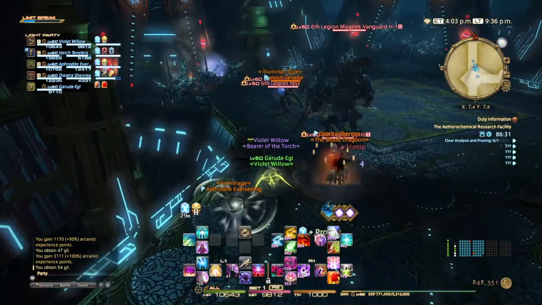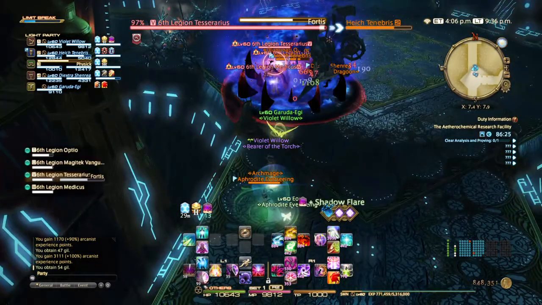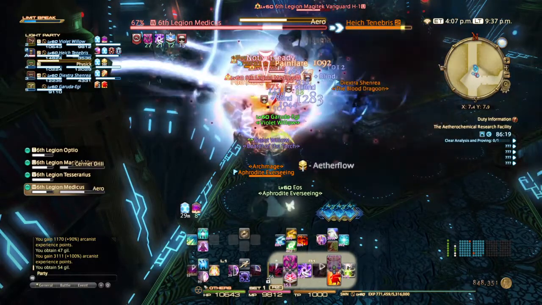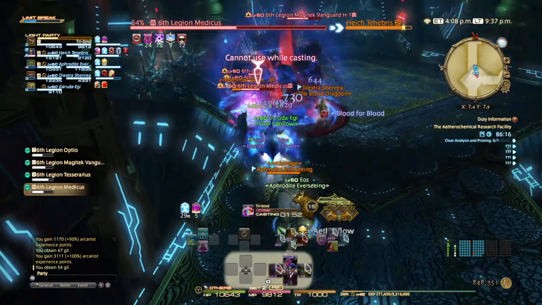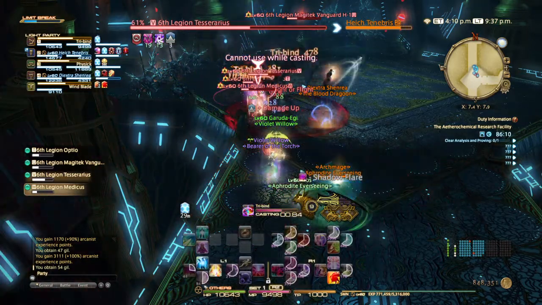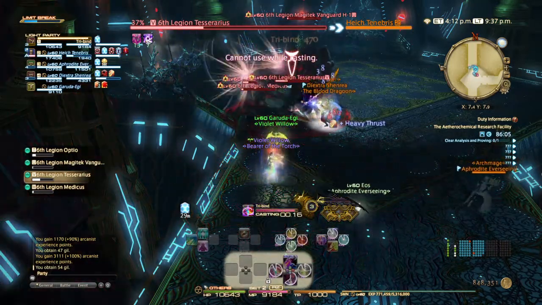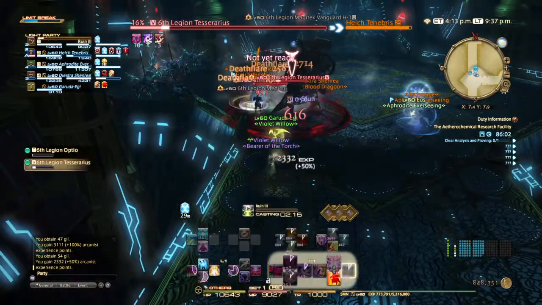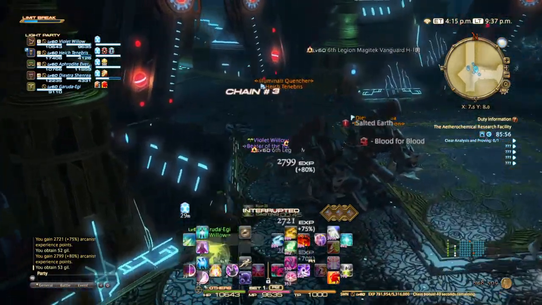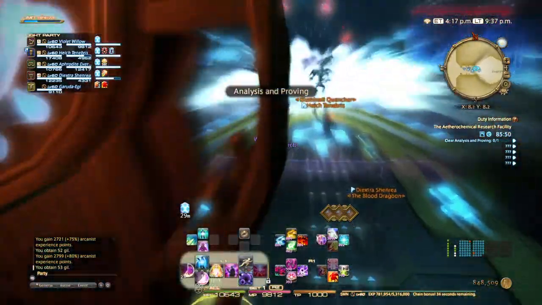This is going to be the last pull for this first section of the dungeon. Once the tank establishes hate, I usually like to go after the Medicus first, because the Medicus is, in fact, a healer. The Vanguard, of course, is the most powerful enemy. Alright, I've got a few seconds left on my Ether Flow charge. This is good. 3, 2...